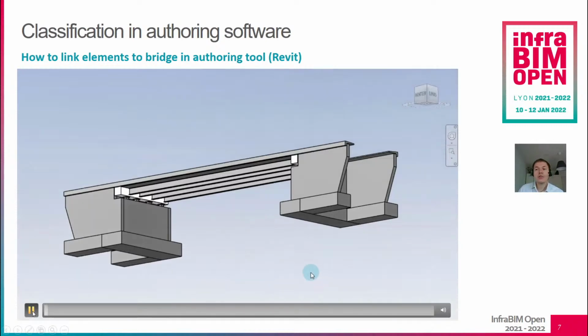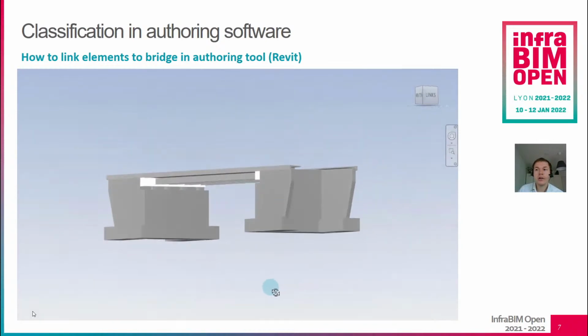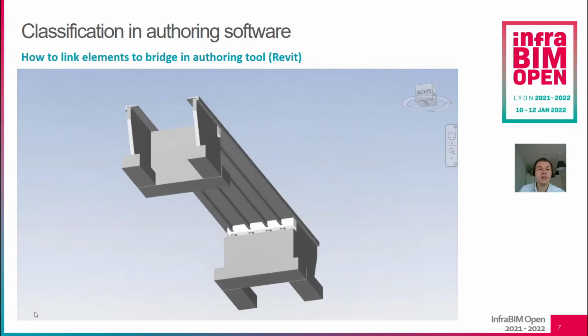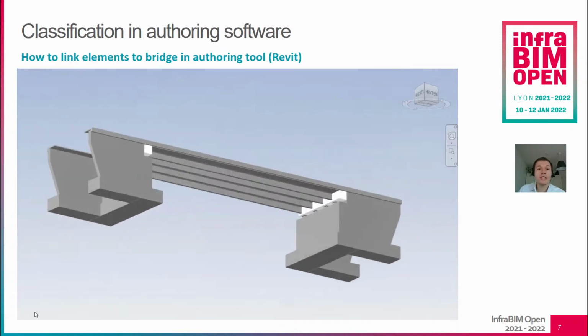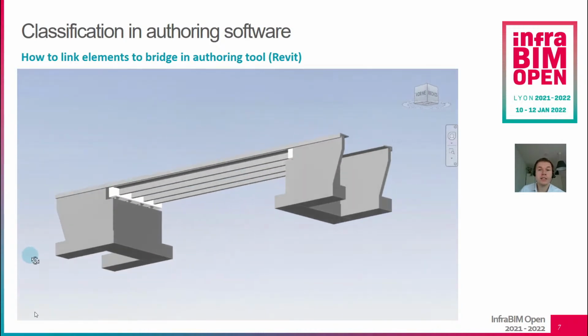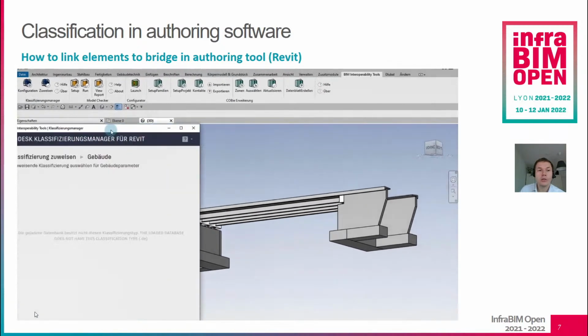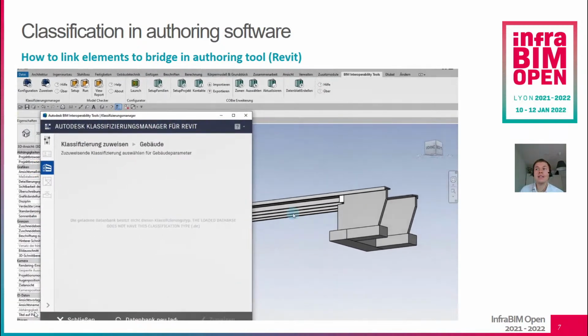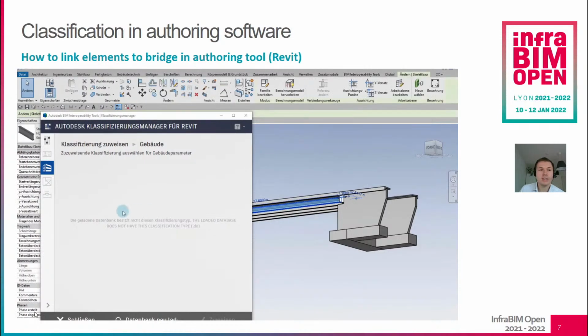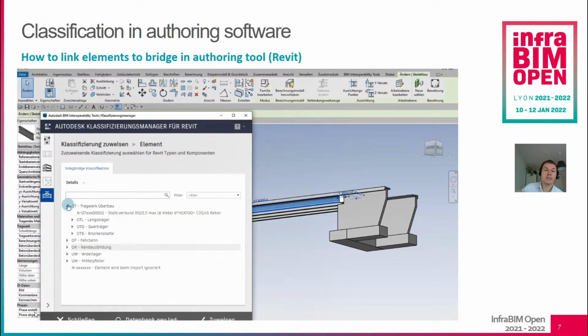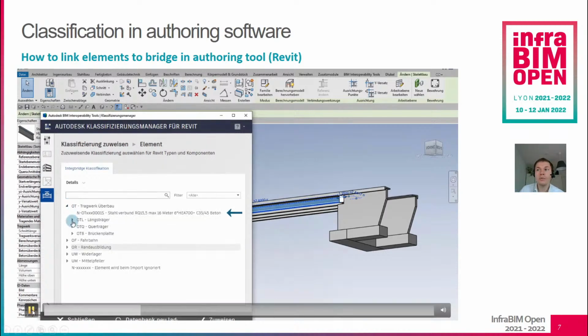Now we are going to see how the classification can be assigned to a bridge model. We have here our BIM model in the authoring tool Revit, and now we have to assign a classification to each BIM object, and what kind of classification we assign depends on the level of development of the bridge model. So I have my classification file, and now I can classify on different levels. For example, I select a steel beam, and now I can select, for example, one macro element, which would represent a whole bridge superstructure, which is here not the case because I have individual objects.